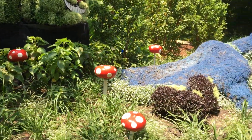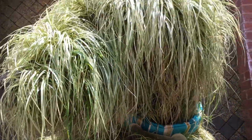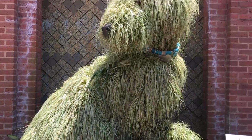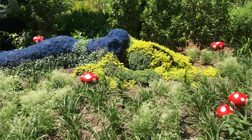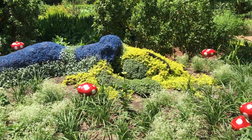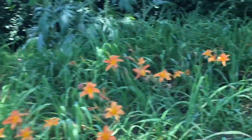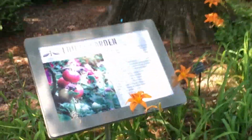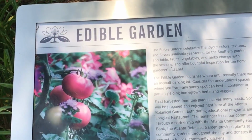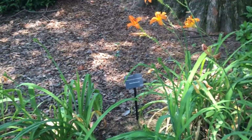Oh no, this uncle had a big place. More orange flowers, and as it turns out, they're apparently edible. This is the edible garden. Oh, by the way, over there,